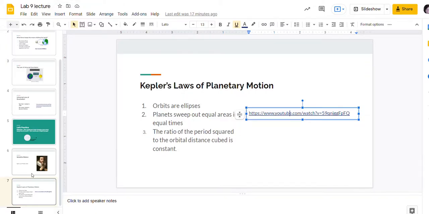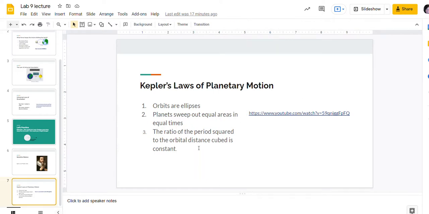And then finally, the last thing he said: the ratio of the period squared to the orbital distance cubed is constant. And what that allowed him to do was to accurately predict the period, the time for the planet to go around the sun. So if he knew the period, the time for, say, Mars to go around the sun, and he could estimate the distance between the sun and Mars, he could use that, and he could measure the period for, say, Saturn, and then